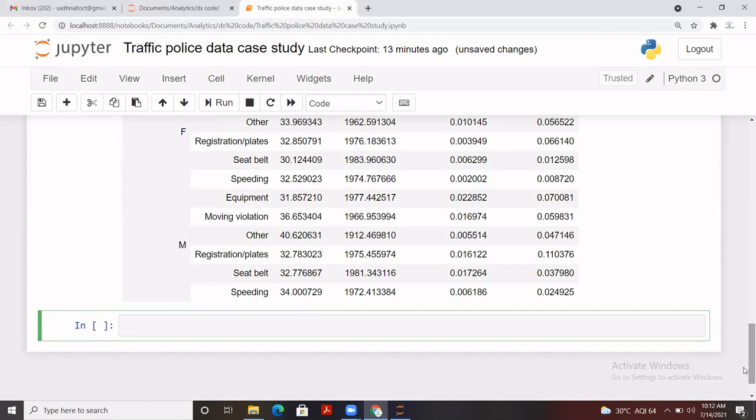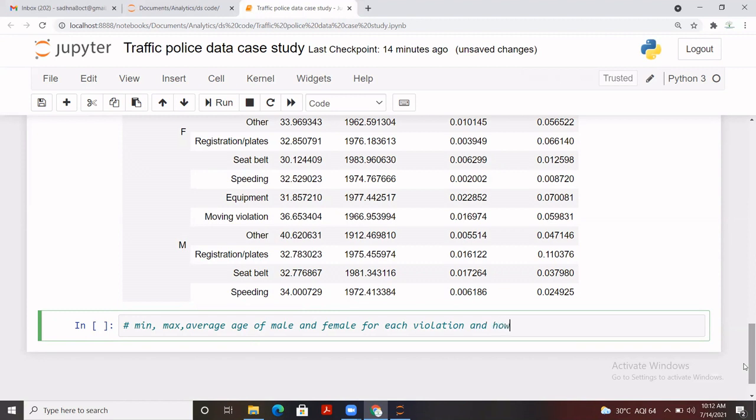So let's say I want the average, or mean, age of male and female for each violation.